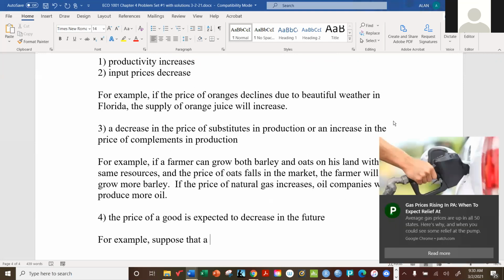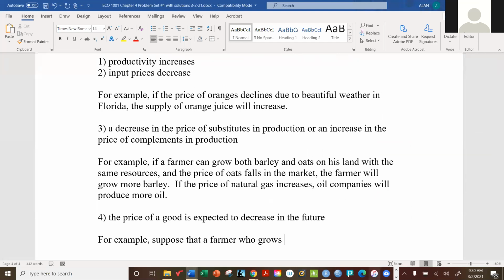How about a farmer who grows, well, let's revert back to that last example, oranges in